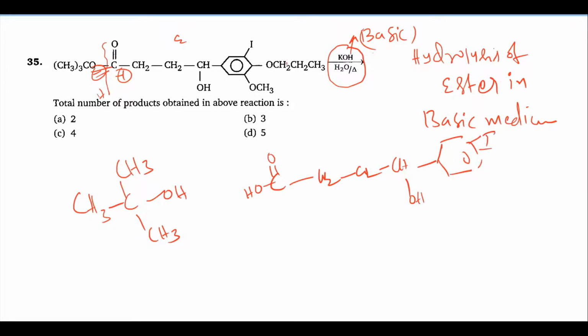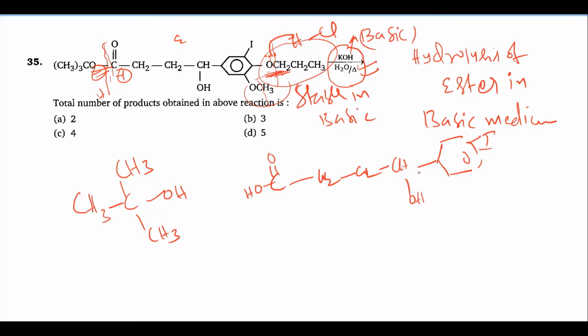As usual, these ether bonds are not going to be disturbed. Please don't think so, because ethers are stable in basic medium, but unstable in acidic medium. Suppose HCl is there, oxygen has a lone pair attacking, then OH is forming and the ether is going to be disturbed. So closely observe, these two ethers are not going to be disturbed, because the condition is basic medium. So which is going to be disturbed here? This is ester. So the ester is going to be disturbed.